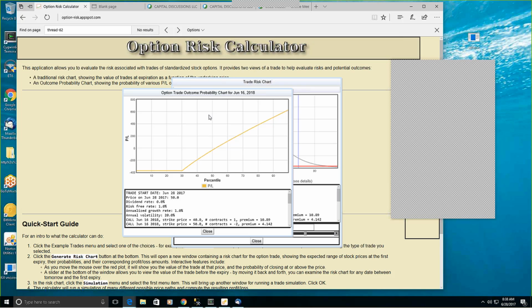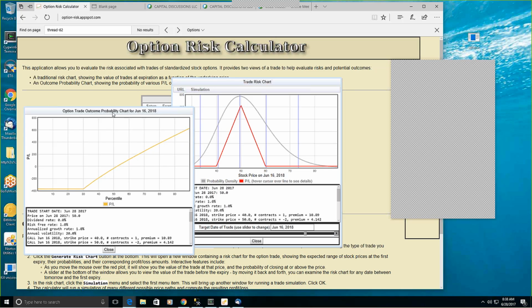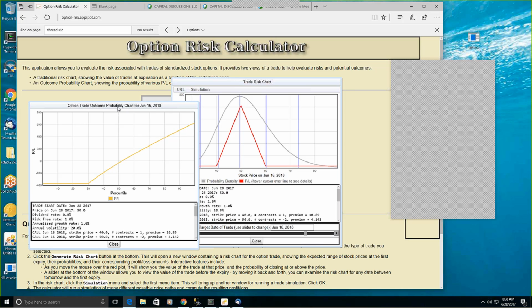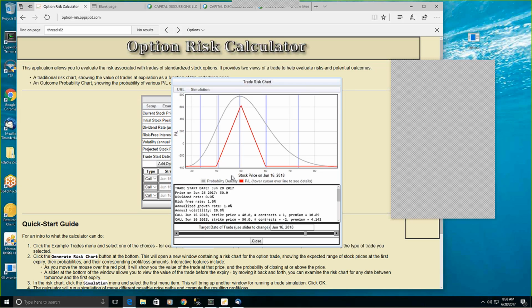Yeah. Now you were mentioning butterflies as one of the trades of interest. Of course, butterflies have limited upside and downside, so it's not going to make any difference to what this tool shows you as to whether or not you allow the outliers. Right, for that, but many of us in the community,